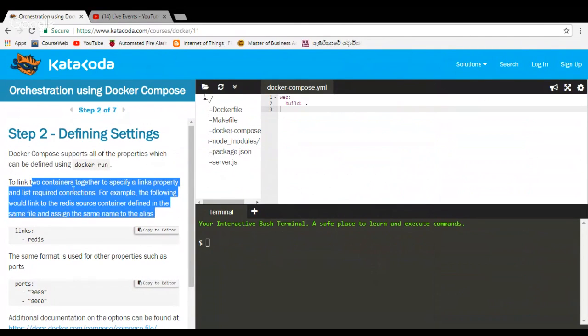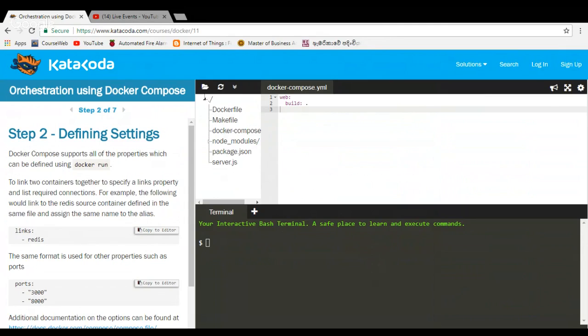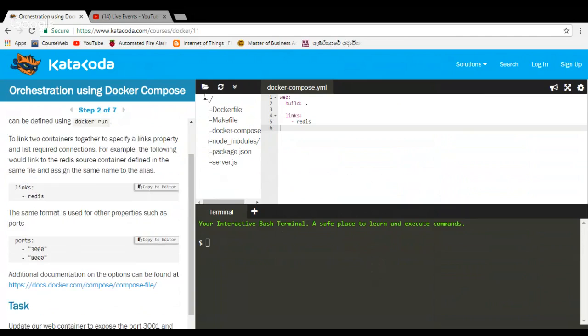To link two containers together, specify a links property and list the required connection. For example, the following would link to the Redis source container defined in the same file and assign it an alias. The same format is used for other properties such as